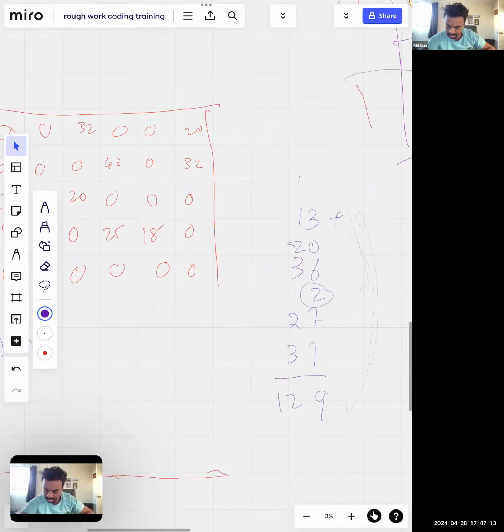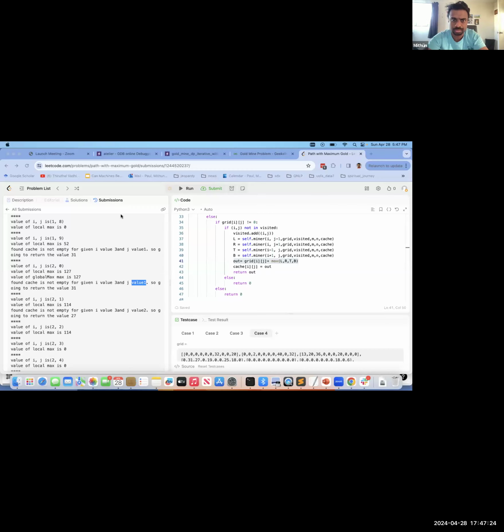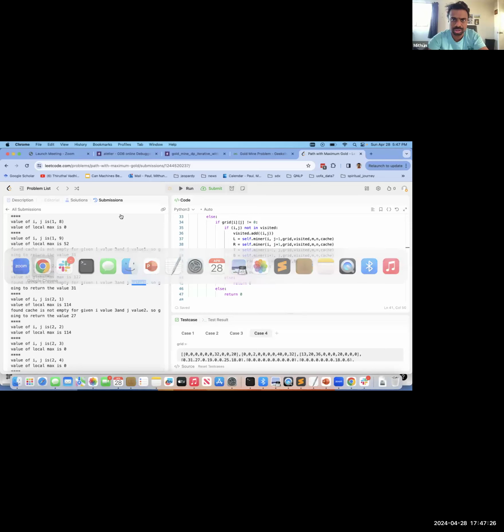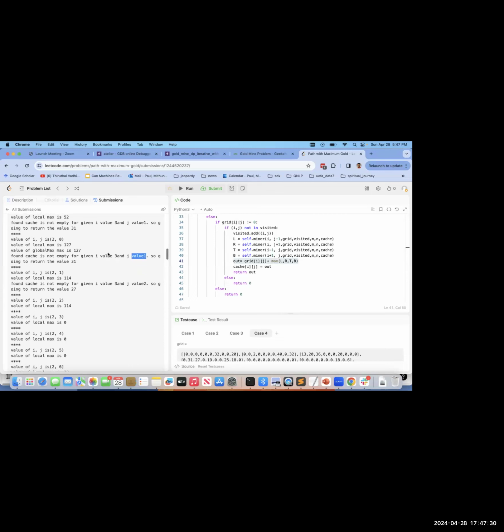Where do we want to go? 31. Oh shit, I'm not sharing that now. Sorry, I'm sharing the wrong screen. Go back here, share screen. What do you see in your screen now? LeetCode. Okay, so